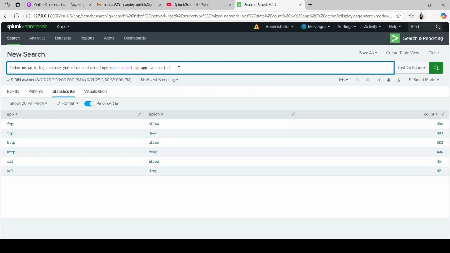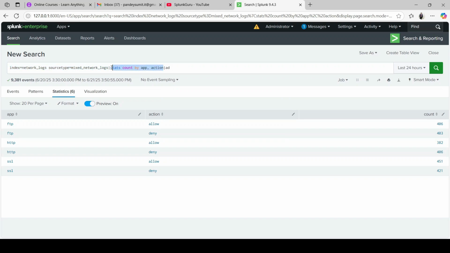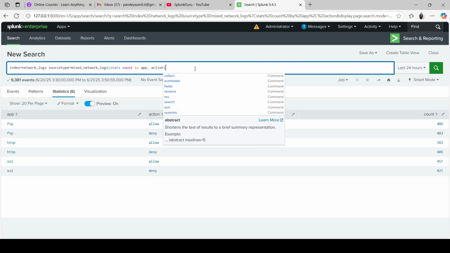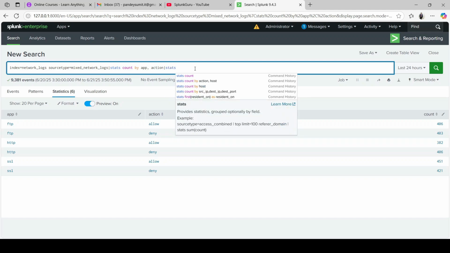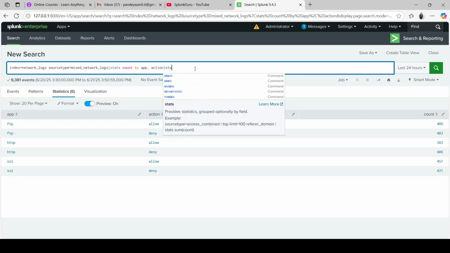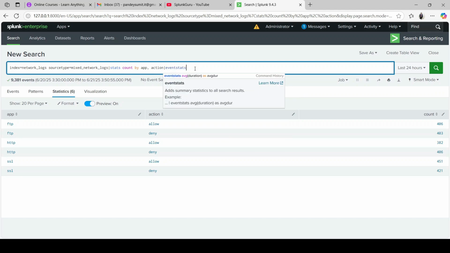So this again comes into a sequence only, right? One part ends here, second part ends here. Now for the third part, let's put it this way, count of app,